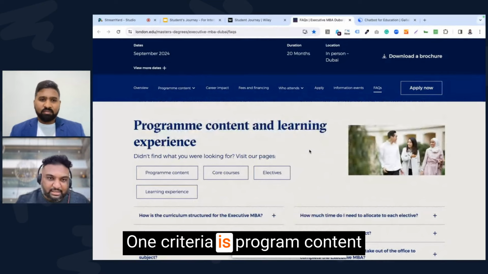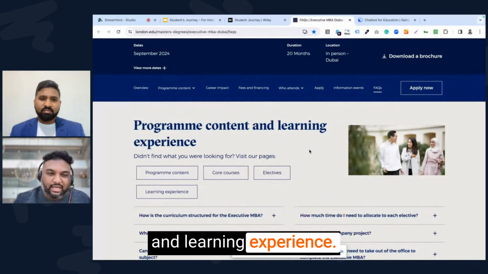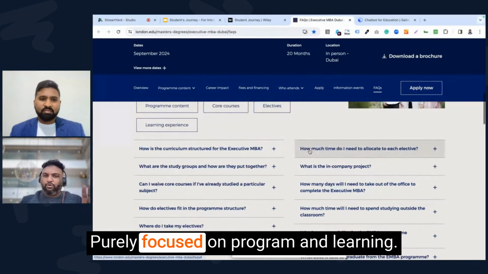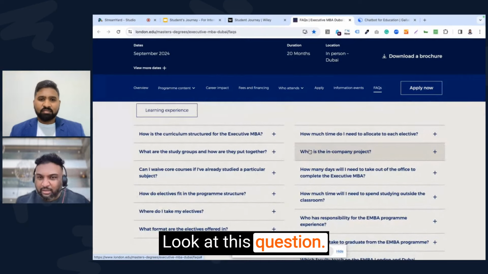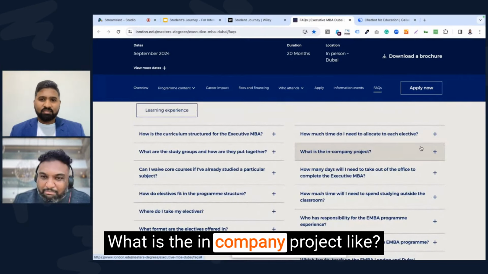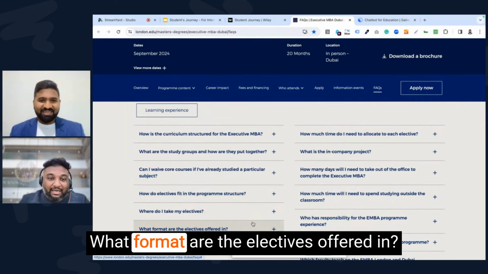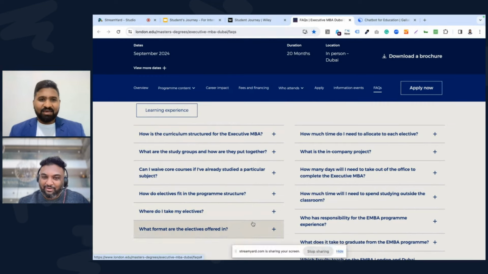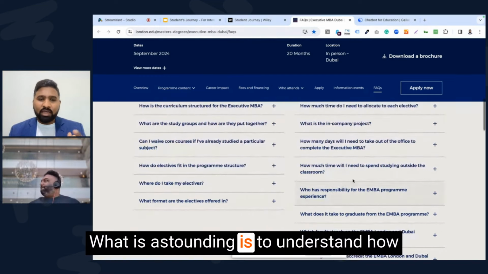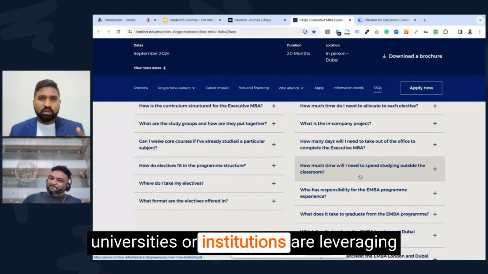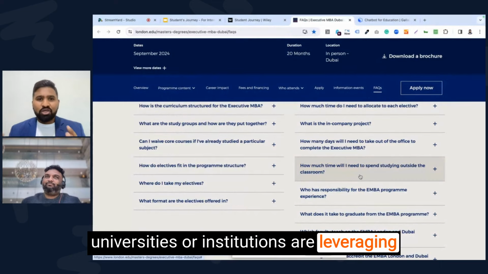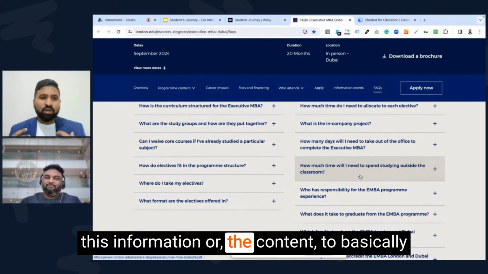Now they've divided FAQs based on multiple criteria. One criterion is program content and learning experience, purely focused on program and learning. Look at this question: What is the in-company project like? How is the curriculum? What format are the electives offered in? What is astounding is to understand how universities or institutions are leveraging this information or content